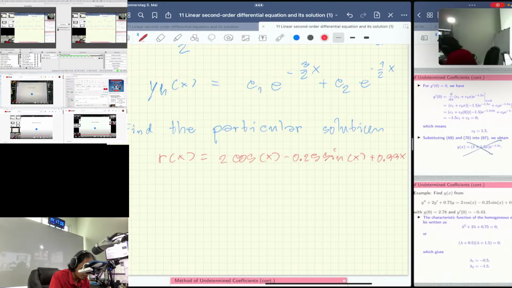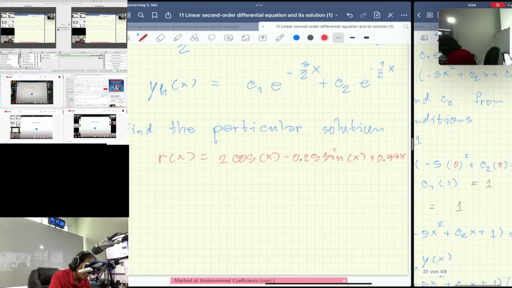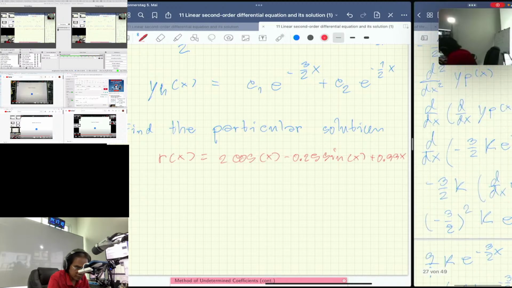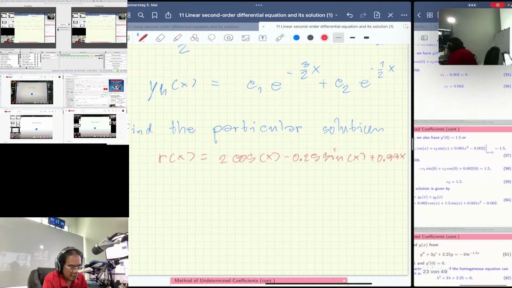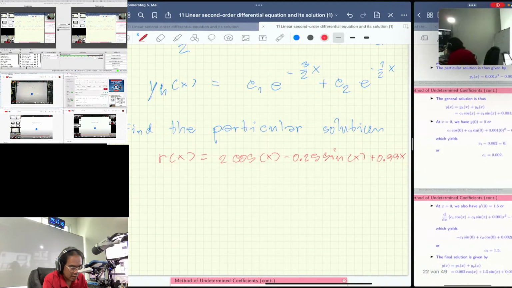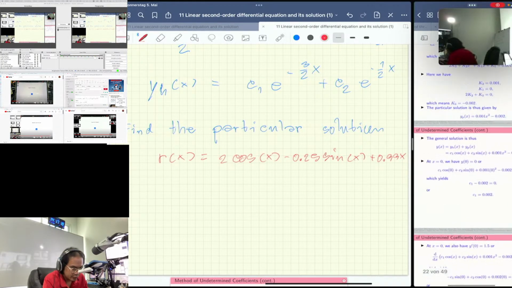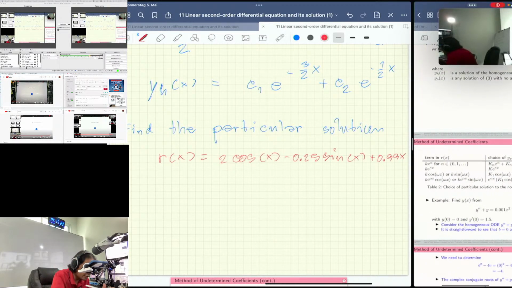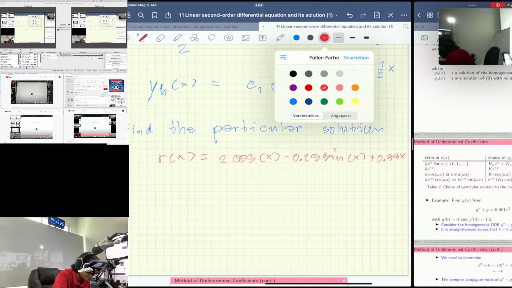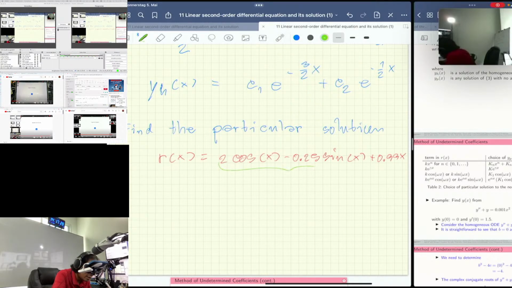And the first two, once you look at the table, the first two pair here, we bring you to